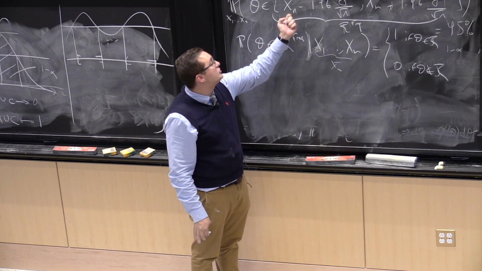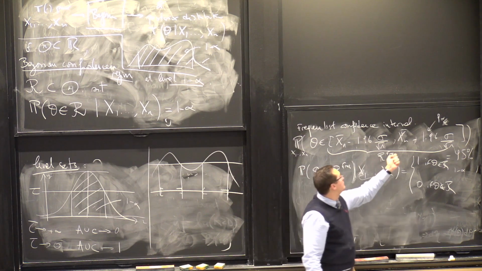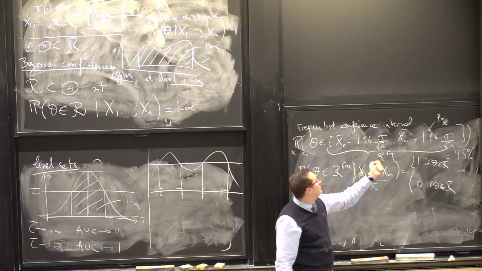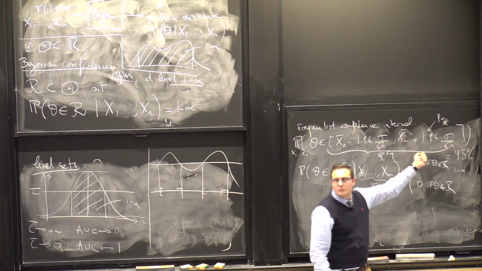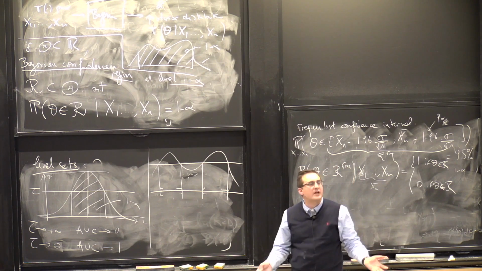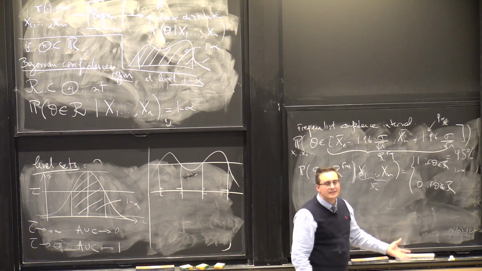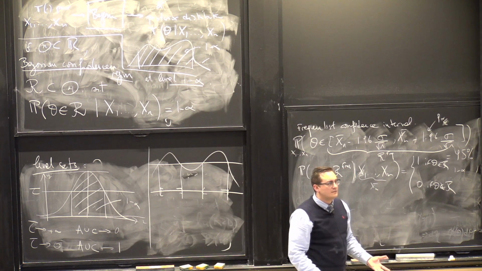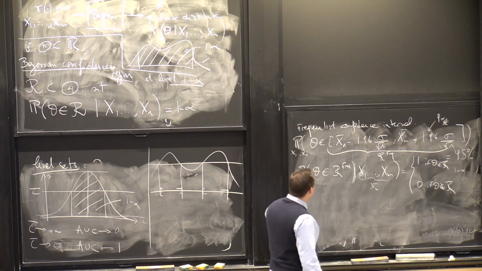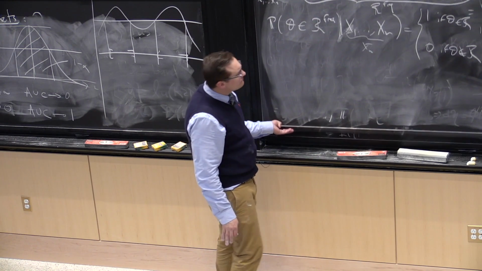So I have a number. The average is maybe 3. And so I get 3. Either theta is between 3 minus 0.5 and 3 plus 0.5, or it's not. And so I write it as probability, but it's really not a probabilistic statement. Either it's true or not. Agreed? So what does it mean to have a frequentist confidence interval? It means